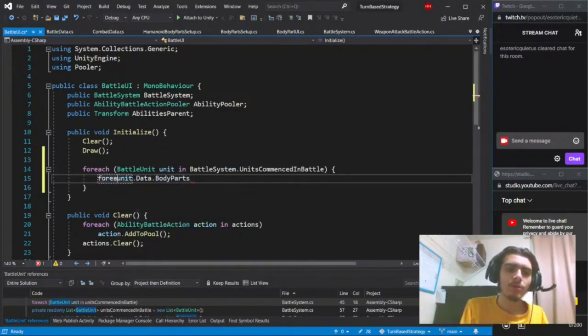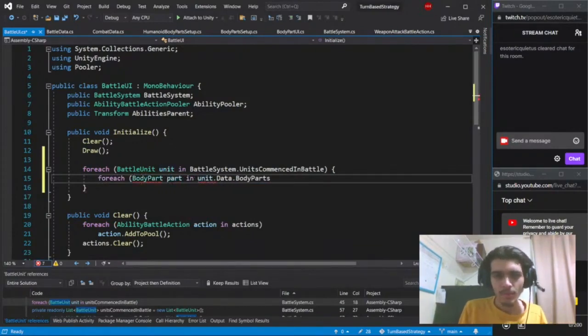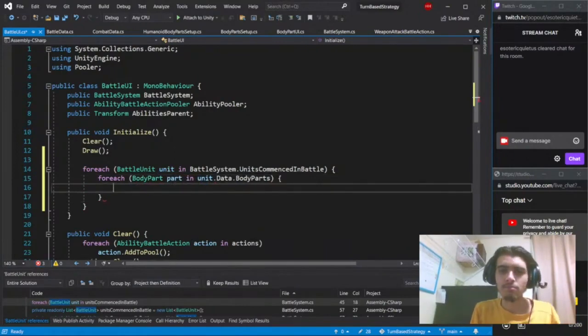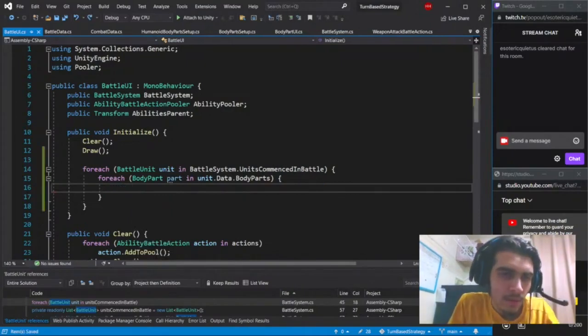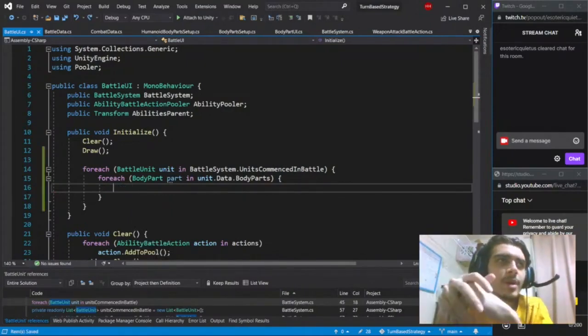We have to loop through all of these body parts, and say, okay, once we loop through all of these body parts, we want to say,